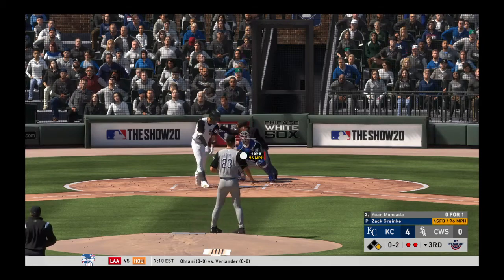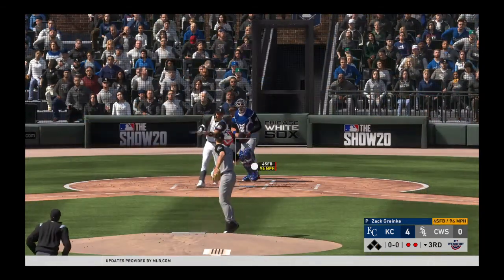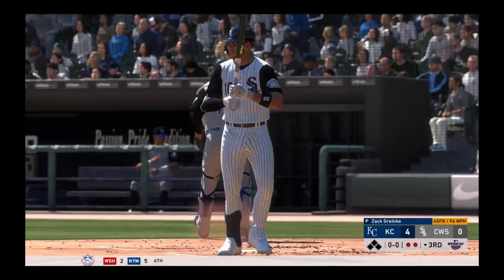Yeah, clearly no problems working out of the stretch right now, Matt. He's taking control this inning. And we'll have to leave it there as this is strike 3, and that will...